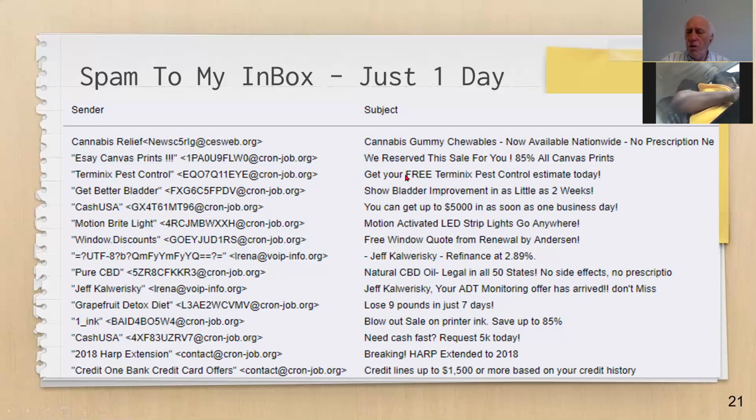Why would anybody send me this kind of lying stuff? The answer is that within the email is a way that they're going to use to get into your computer, right? And I'm going to tell you how. So do you see what's going on here? How many of these emails did I get, real junk, in one day, and that's only half of it. They came from this weird address, cronjob.org, right?